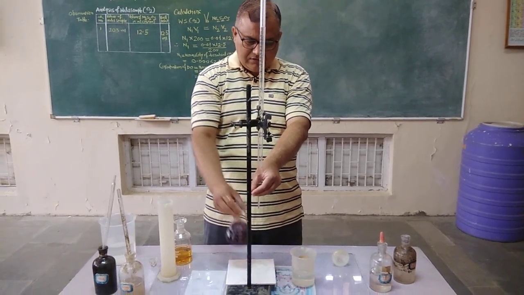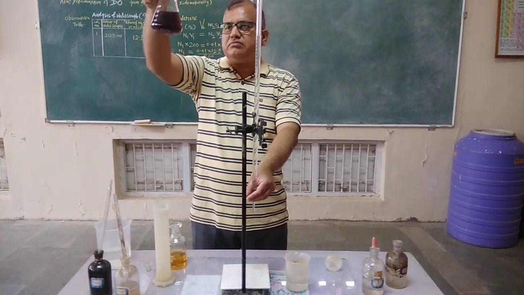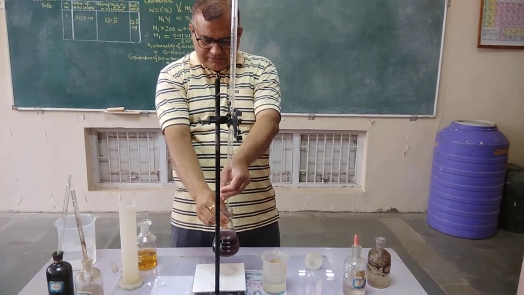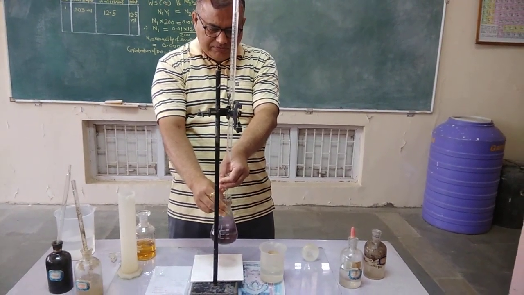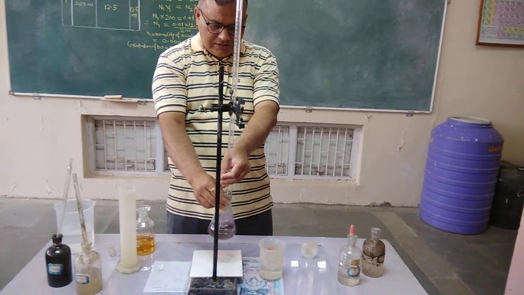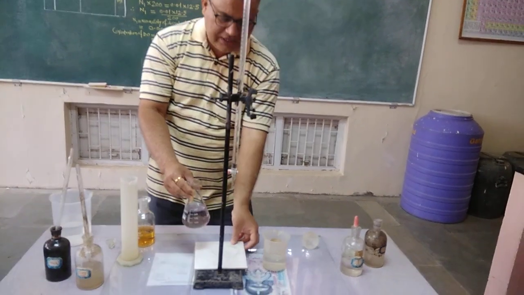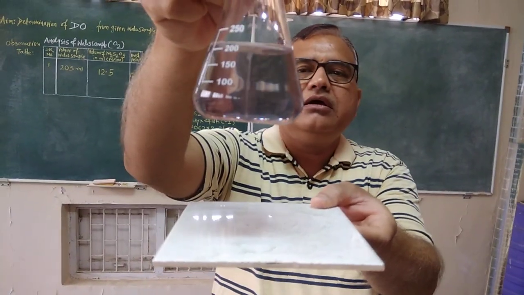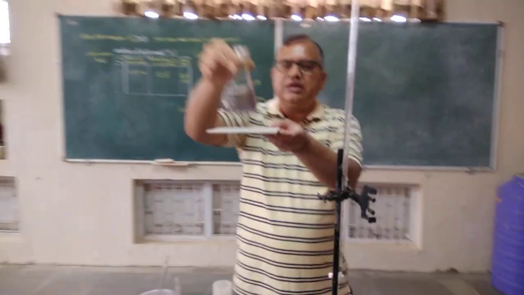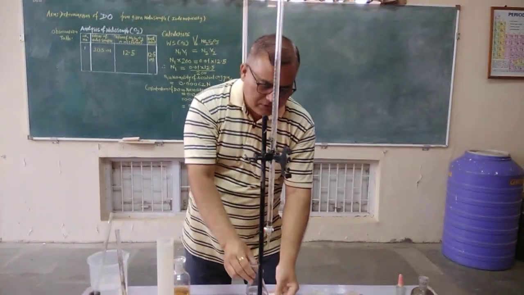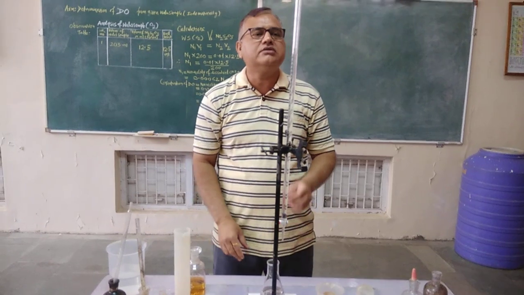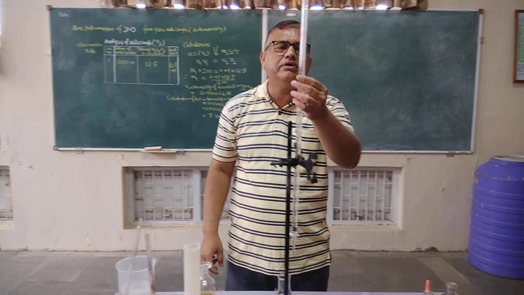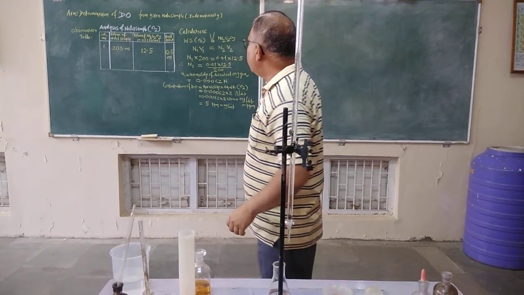So in this way, see there is some pinch of blue color, and therefore continue the titration by adding a few drops of Na2S2O3, and now see, exactly this is the end point. Here you got a colorless solution, from blue to colorless, and in this way you note down this end point for this particular 203 ml of reaction mixture, which is representing the original 200 ml of water sample. The reading comes out to be 12.5.